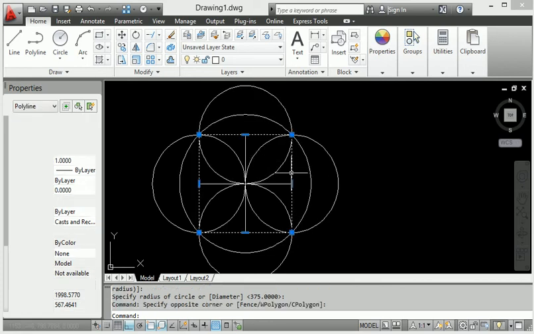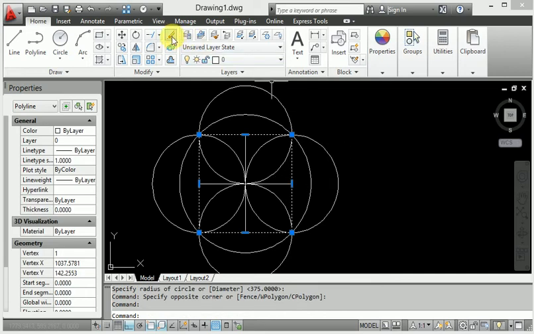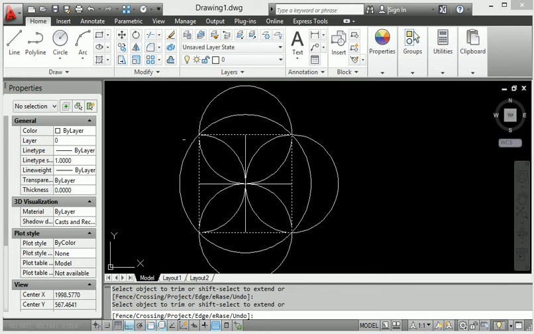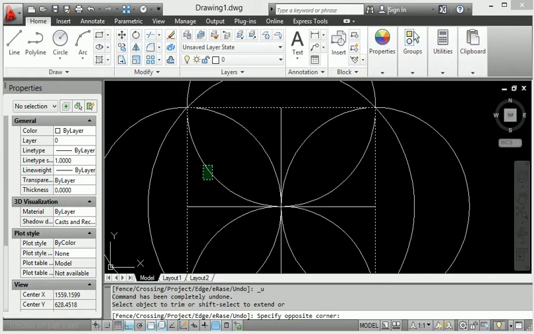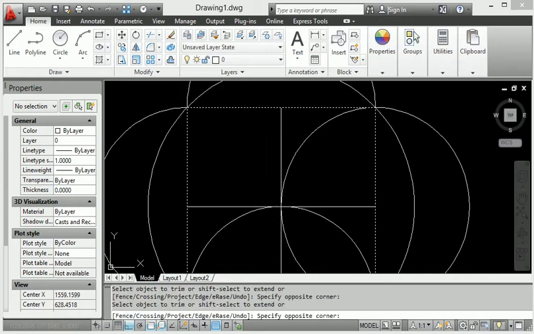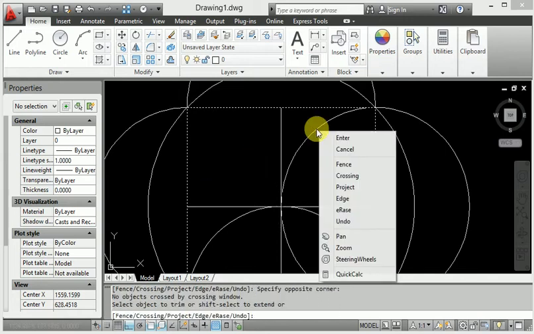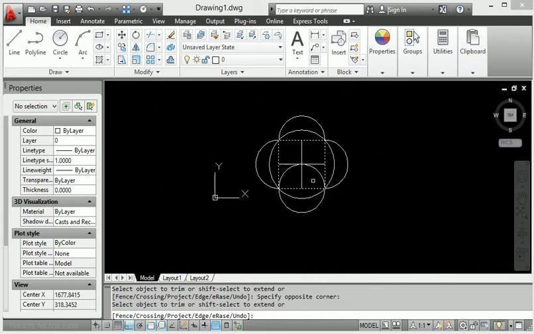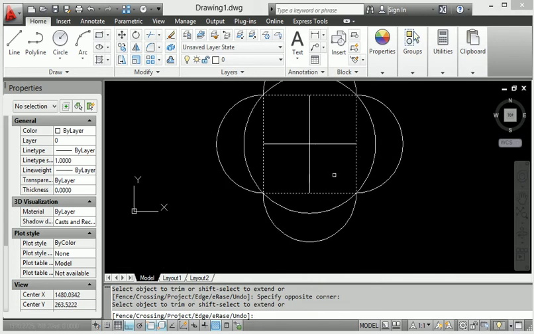When I select this point and go to trim here, this is trim, apply the trim, and okay, no problem. When I press Control Z, this removes the part not used in the diagram.